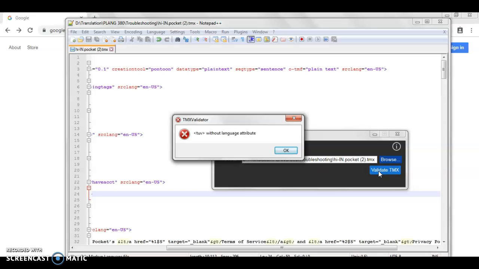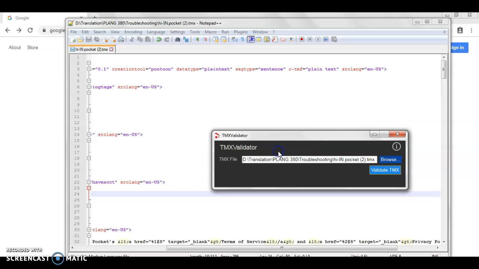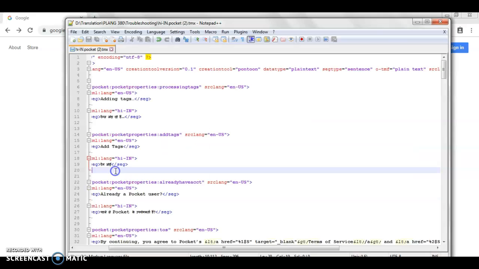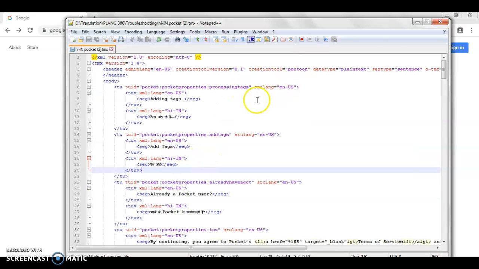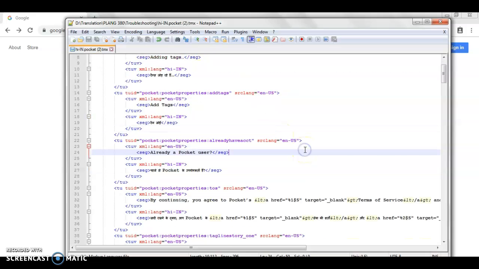Alright, you can see how this process can go on for a while if your TMX has a lot of issues, and I'm not going to fix all of them for you because you're going to run into new stuff. But a couple key principles to remember here. Once you've got a program that can show you where your errors are, and a program that lets you edit, you're going to want to go through your code, especially if it doesn't actually give you the correct error message,